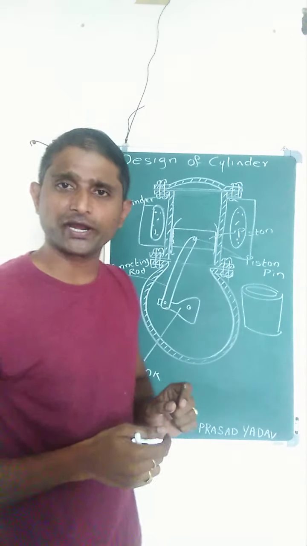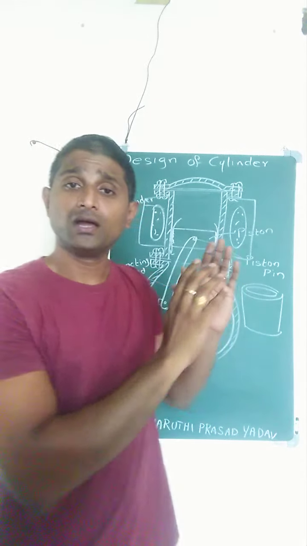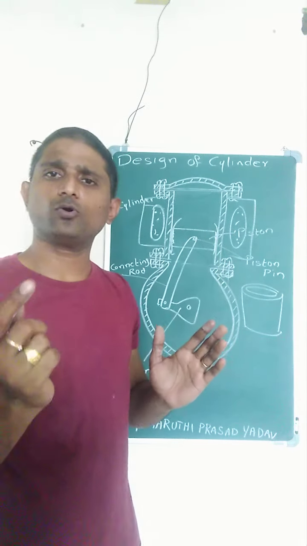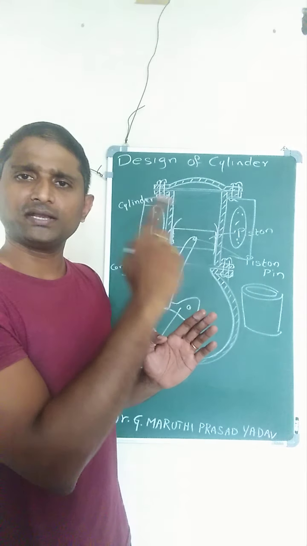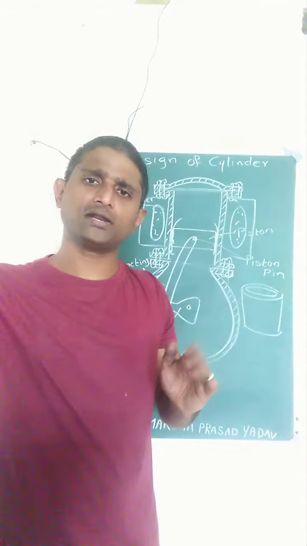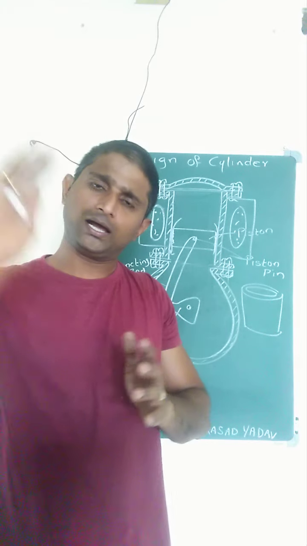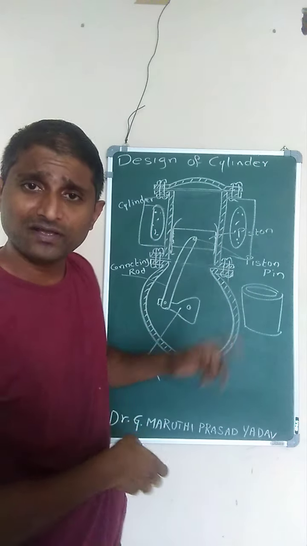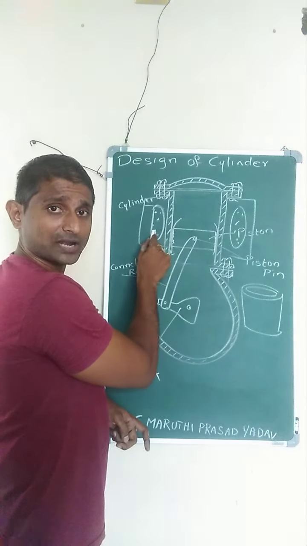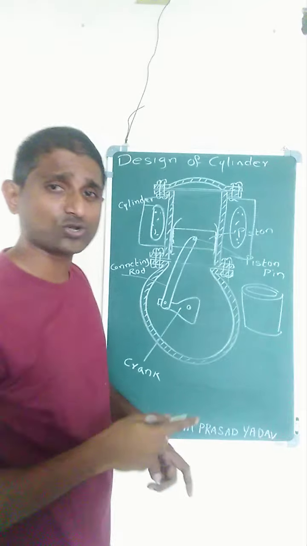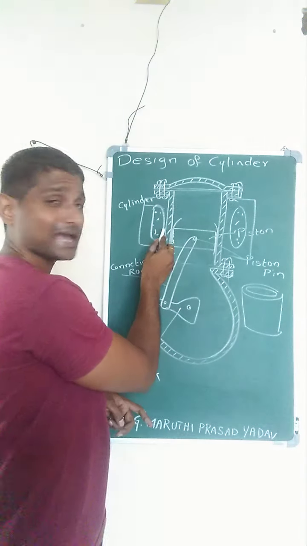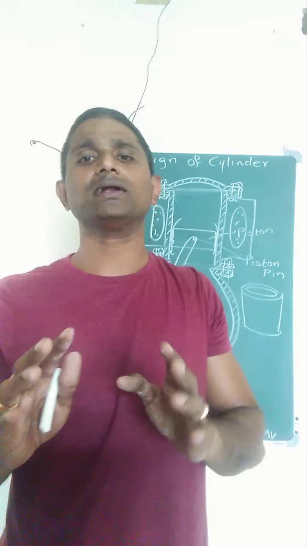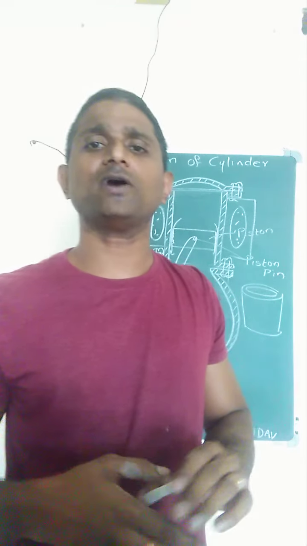This is how the coolant jackets will be, and the coolant jacket runs throughout the circumference of the cylinder. The coolant circulates along the cylinder, takes away heat and gets into the radiator, which releases it to the outside atmosphere, and again it comes back and circulates. The same cycle repeats. When the cylinder liner is directly in contact with this coolant jacket, it is called a wet liner. When there is a gap between these two and it is not in direct contact with the coolant jacket, that is called a dry liner. Those are the two different types of liners we have.